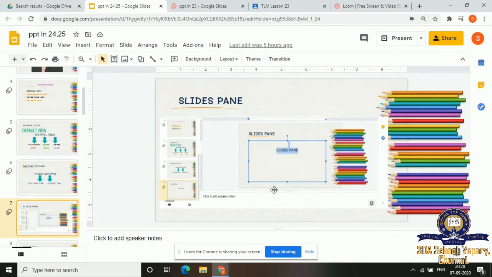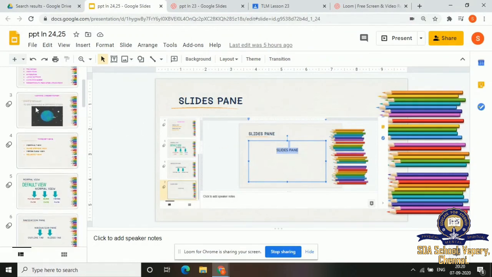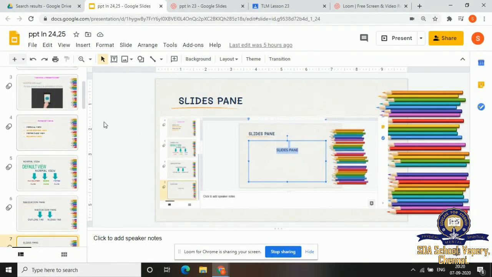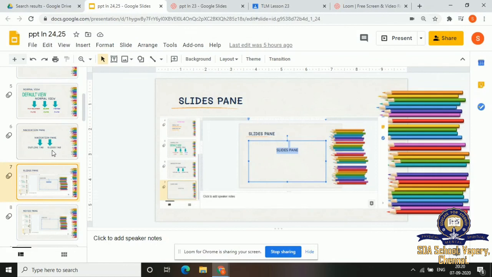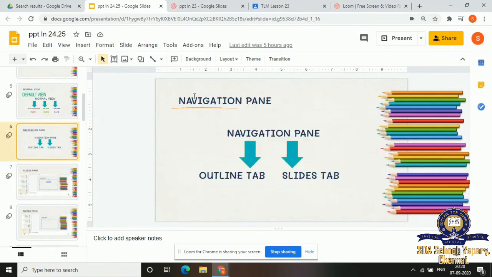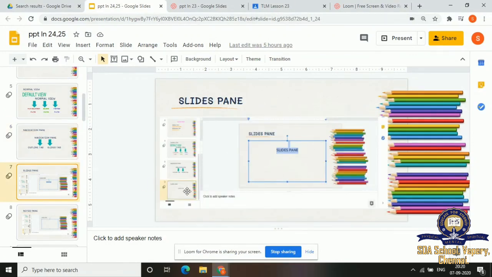Slide pane contains only the bigger display where you can view the small slides in a bigger view. So if you want to view this one, if you click here, you can see it in a larger view display. That's all. So that is the slide pane.